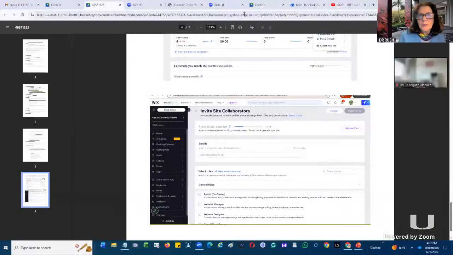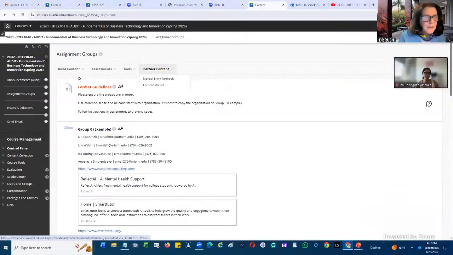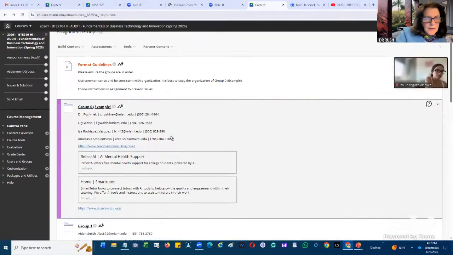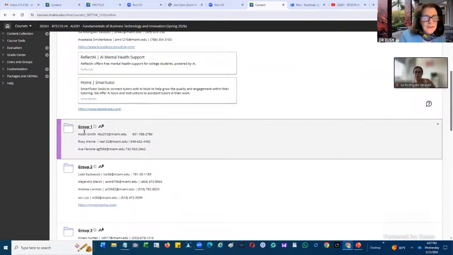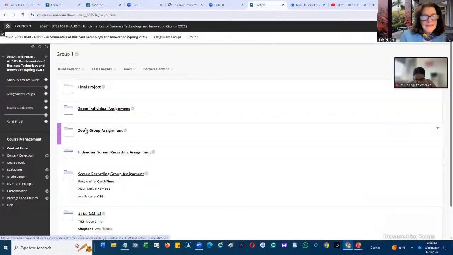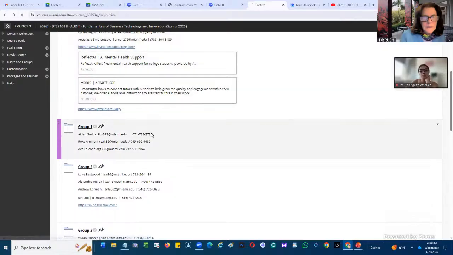So if I go to my audit area and I go to assignment groups, at this point, for instance, Aiden, you see on group 1, you're the owner, right, Aiden? So maybe right next to your number, you can just put -owner. So when we look at the group, we can see who is the owner of Wix.